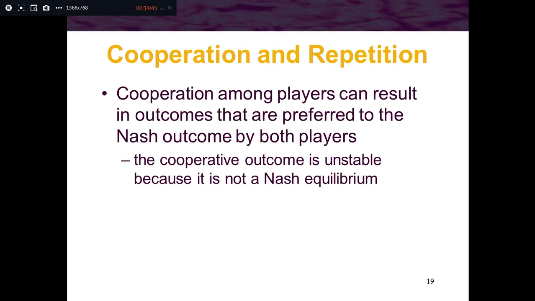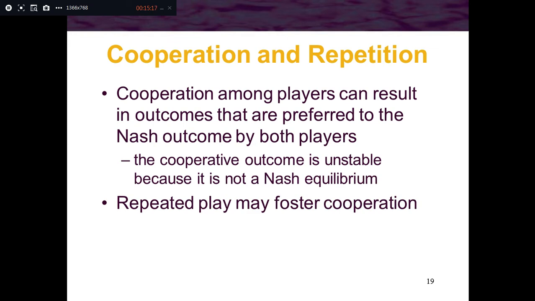ቻፕተር 3 ላይ ቻፕተር 4 ላይ ሶሪ ኦሊጎፖሊ ማርኬት አይተናል that's why ኮኦፐሬት አድርገው ነው እንግዲህ አራት ወይንም ከሁለት እስከ አራት ያሉ ፊርሞች ብቻቸውን ገበያውን የሚቆጣጠሩት ልክ ፔፕሲ ኮላ ኮካ ኮላ እንዳየ ነው ማለት ሶ እዚህ ላይ ፕራይሲንግ ላይ ኮኦፐሬሽን ይሰራል ወይ ነው ሶ the cooperative outcome is unstable because it is not Nash equilibrium because አንዱ ሊቀየር ይችላል ወይም ሊቀየር ይችላል ሶ repetitive ላይ may foster cooperation የሚደጋገም ከሆነ ግን cooperation እንዲያገኙ ሊያደርግ ይችላል ማለት ነው